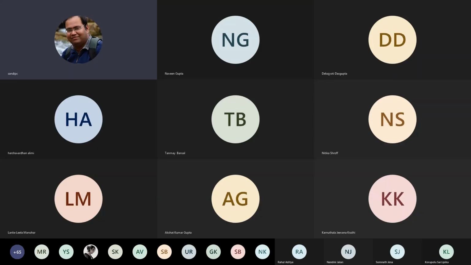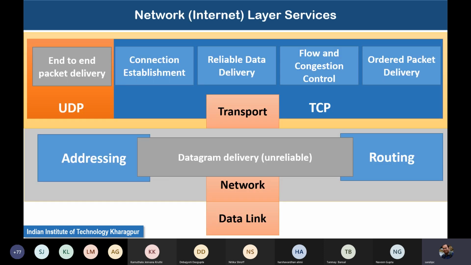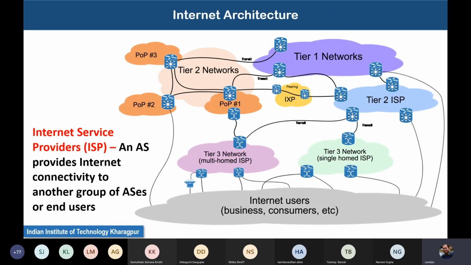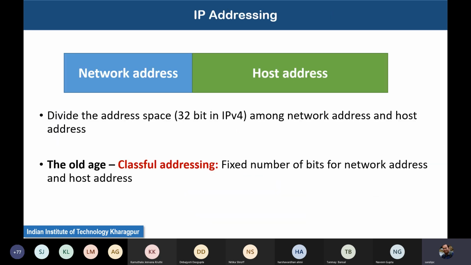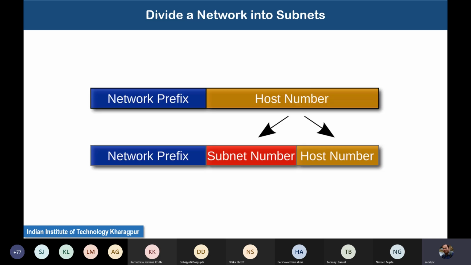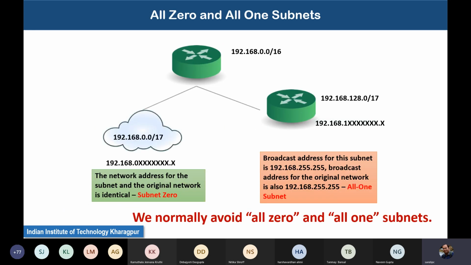Now, whenever you are configuring a machine, let me give you an example. Whenever I give a block of IP addresses to our software lab, the software lab administrator will assign the IP addresses to each of these machines. Now the question is how you are going to assign the network IP. These network IPs are kind of logical, and I mentioned that we will have a gateway router. Let me go to that diagram.